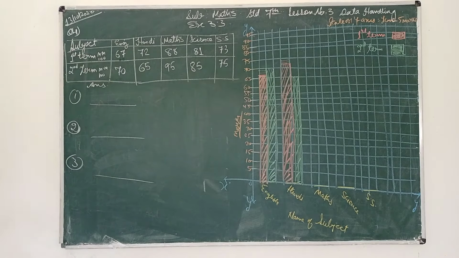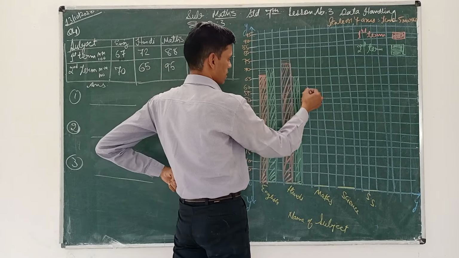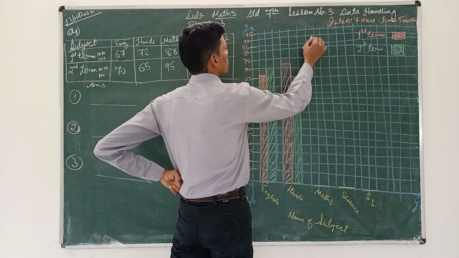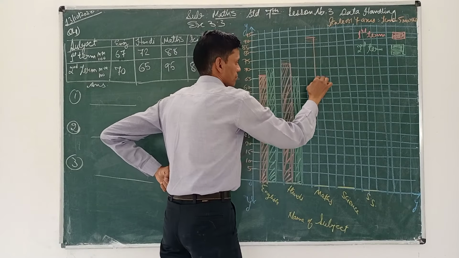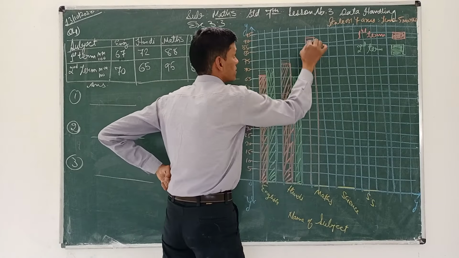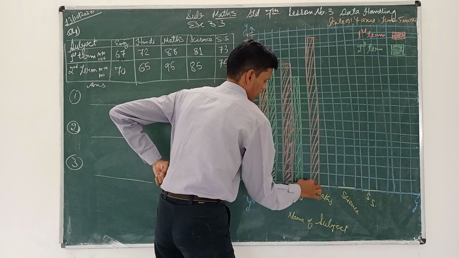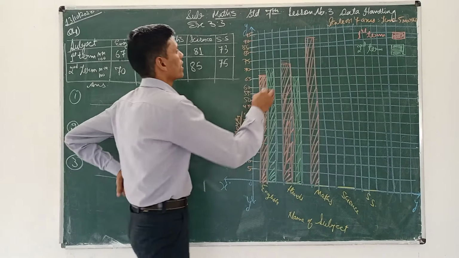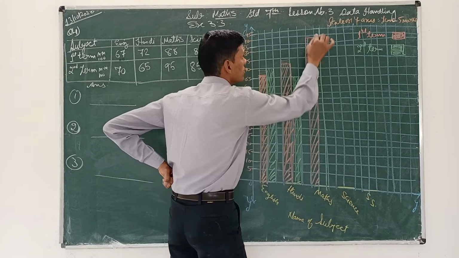Now next is Maths. In Maths, in the first term, the student is getting 88 marks. Where is 88? This is Maths first term. 80, 85, then 1, 2, 3, 4. Here 80, 86, 87, 88. You can plot like this. Next, 95 in the second term in Maths. Here it is 95. So you plot this way.